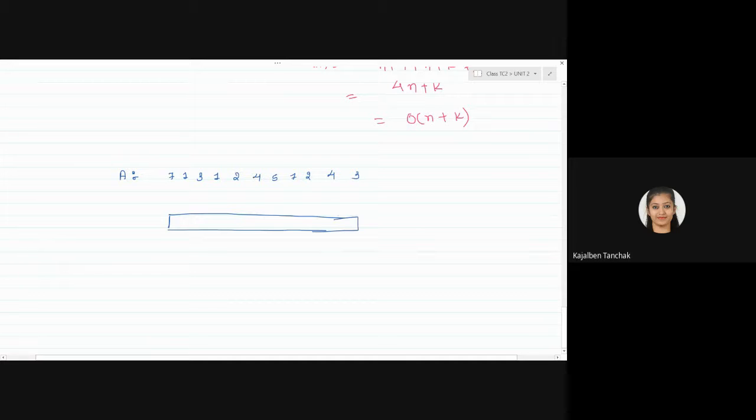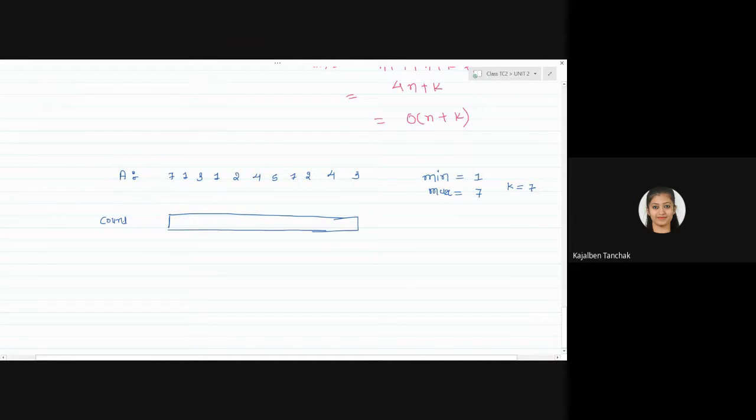What is the k value here? Minimum is 1. Maximum is what? 7, right? So what is the k value you have taken here? 7. 8. How 8? Max plus 1, isn't it? Yes, okay, I got it.